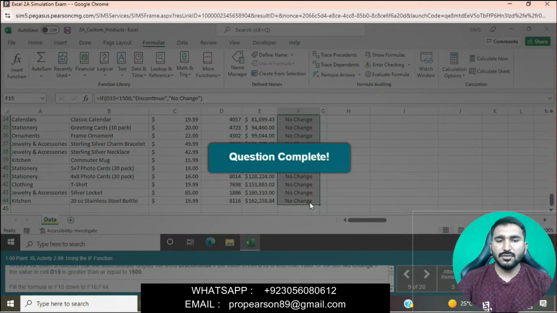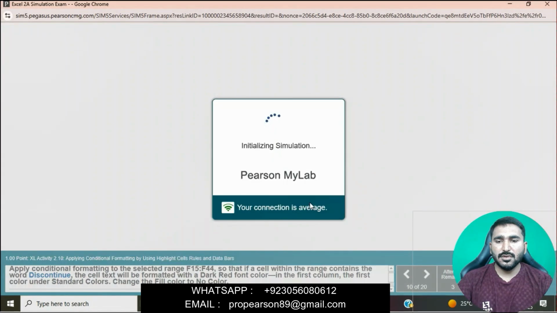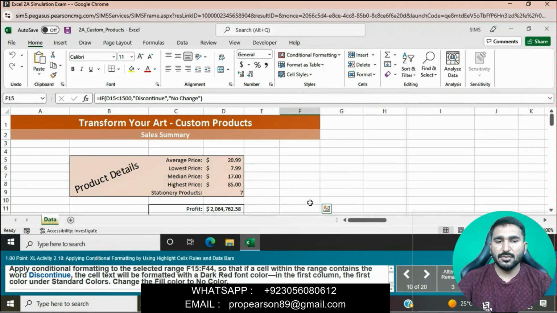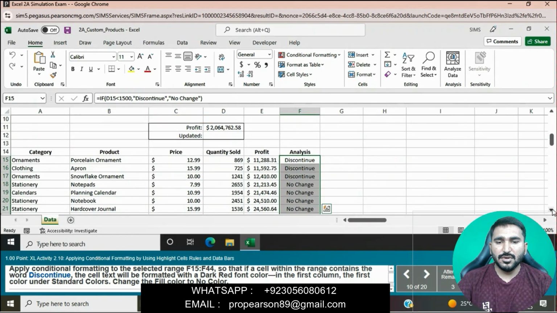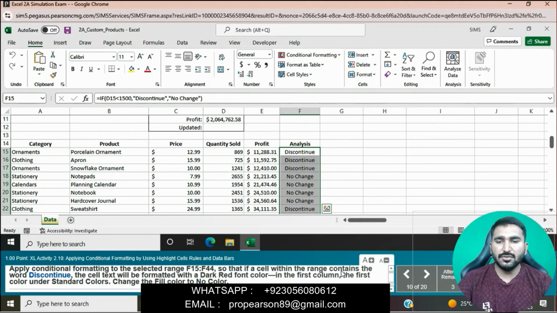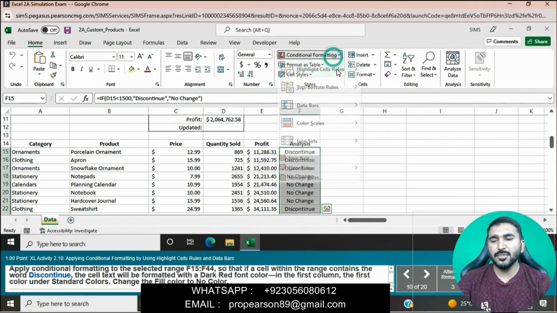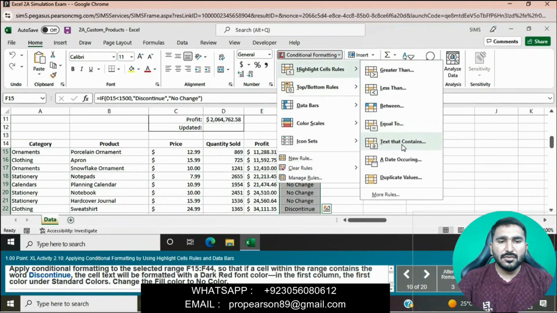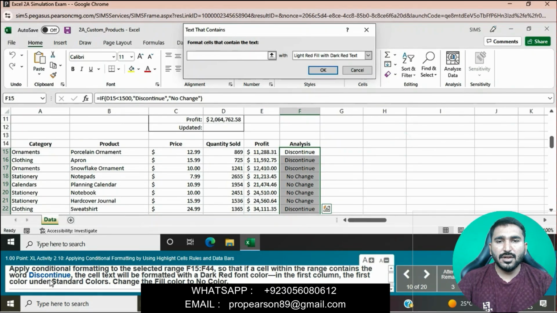Now moving on, next question is question number 10. Apply conditional formatting to the selected range F15 to F44. Okay, with the range continue word discontinue and cell text will be formatted. Go to the home tab in the styles group, click on conditional formatting button, go to the text that contains. Text that contains is discontinue. We will type here discontinue. Okay, format dark red font color,